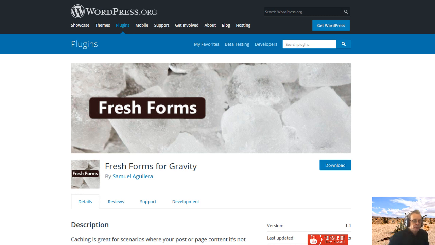It goes through and it helps you get it organized so you don't have to worry about your forms getting caught in the cache and not functioning the way they're supposed to. If you're using Gravity Forms, keep that in mind. This is for Gravity Forms. All in all, pretty fantastic plugin. I like the way it works. I like the simplicity of it, which is of course set and forget, and it is a free plugin.